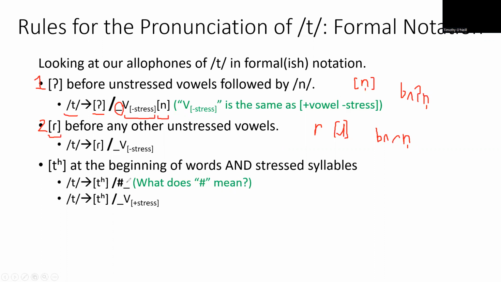And this hashtag, this pound sign, whatever you want to call it, says this is a word boundary. And if it follows the word boundary, which is another way of saying at the beginning of the word, then it's pronounced this way, which is why words, not just words like time, have the aspiration, but words like,